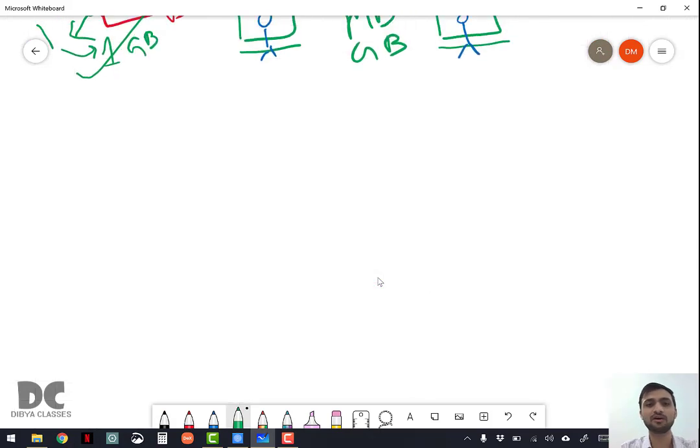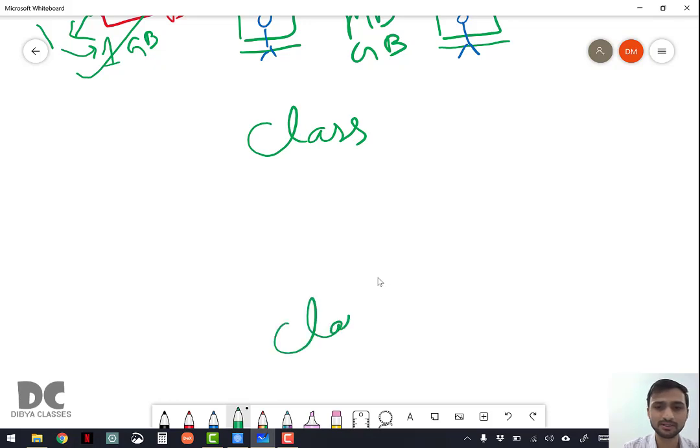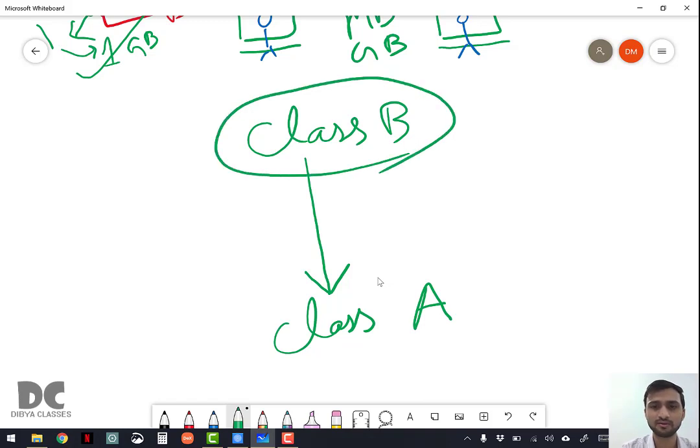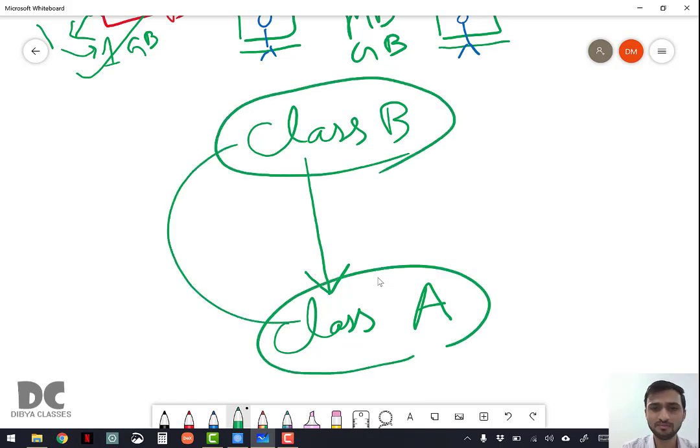So from the definition we already know that a class acquiring properties from another class is known as inheritance. If class A is acquiring some properties from class B, then we can say that it is inheritance.